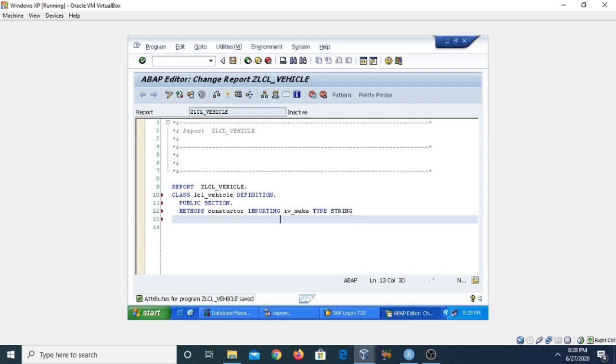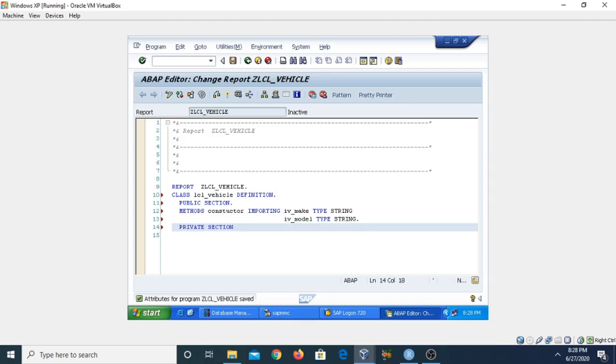Another parameter I am assigning here is IV_model, and the type is again string. So a vehicle can have make and model parameters. Now come to the private section.